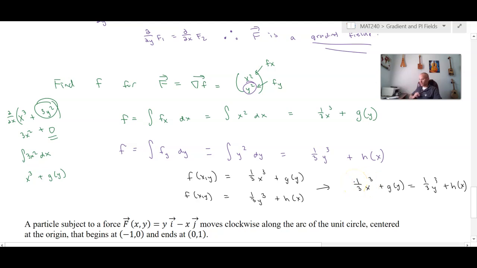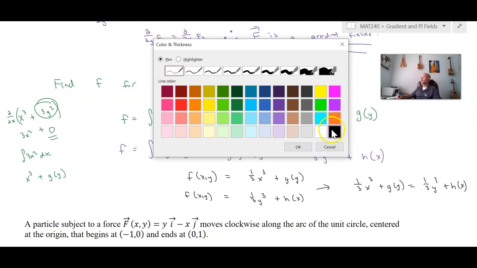Now, how could these possibly be the same function? Well, the only way for that to be true is if